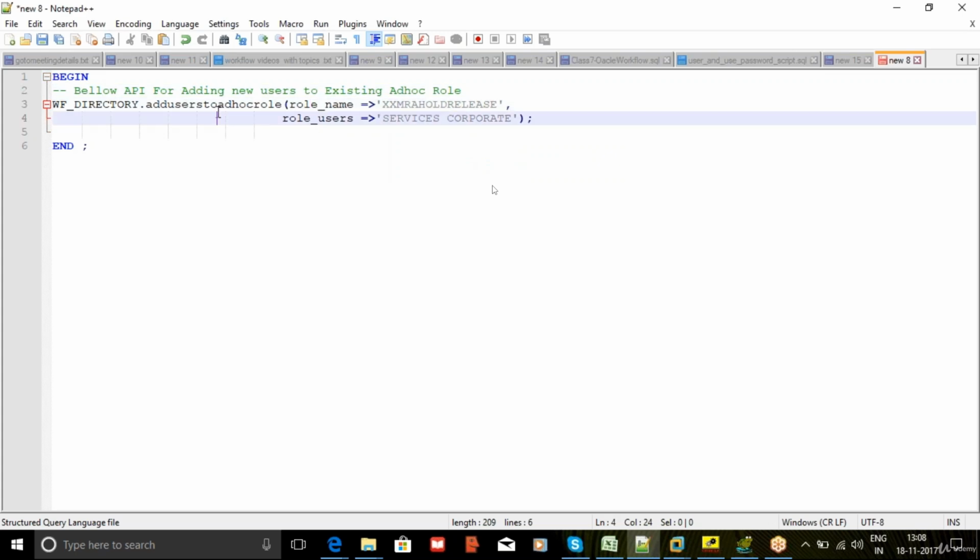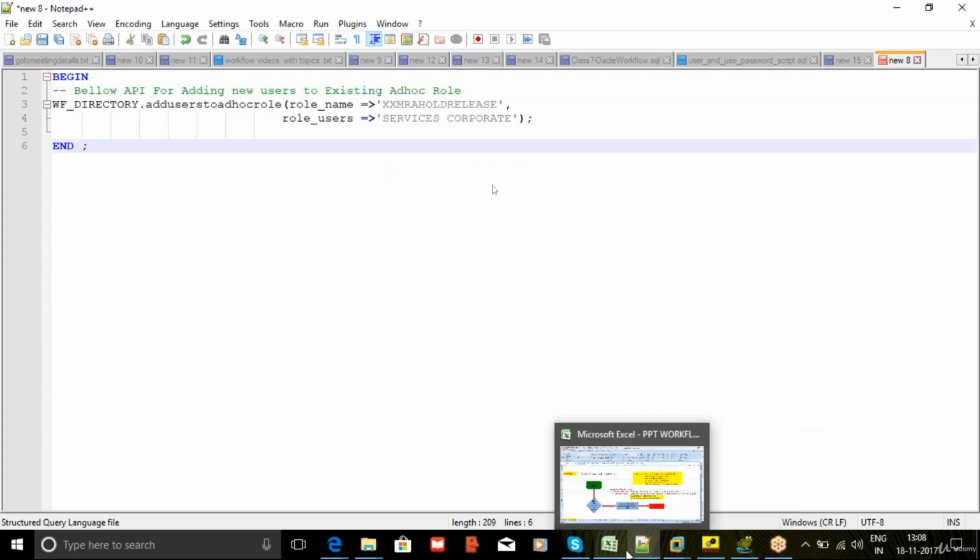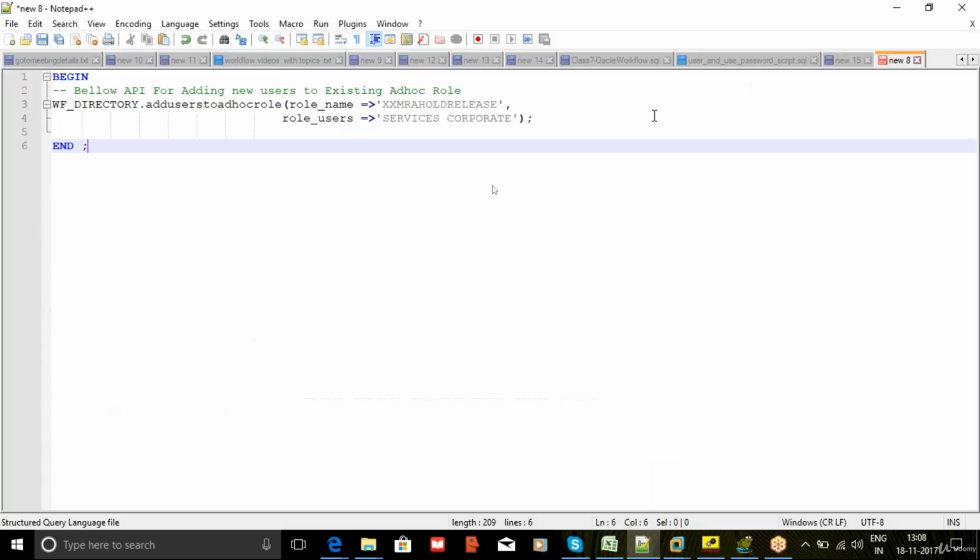So this particular API is used for adding the new users to the existing Adobe role. Now we will see the next API is,